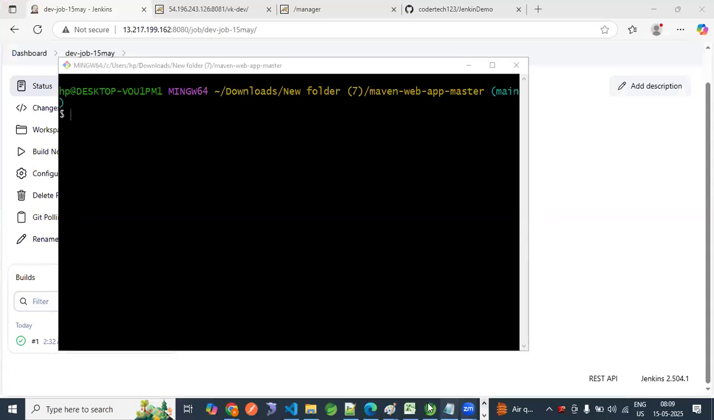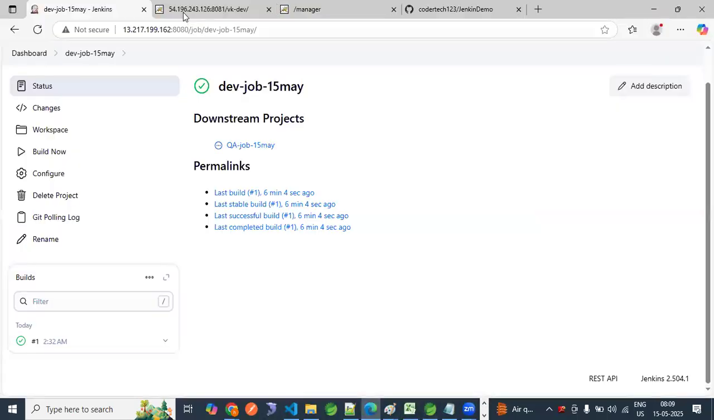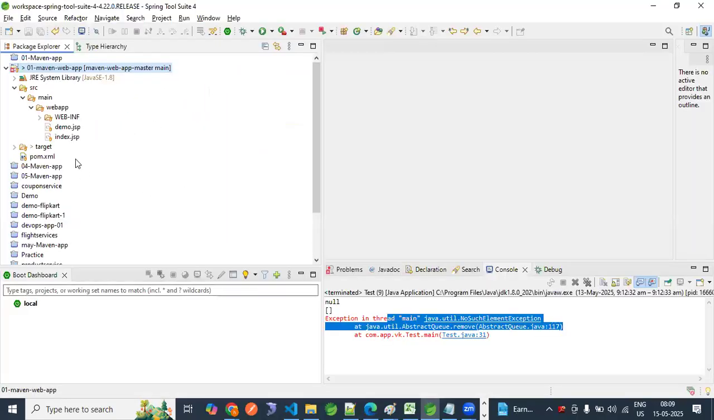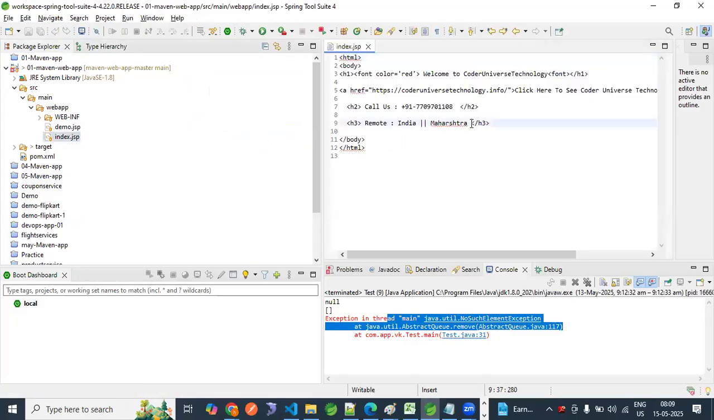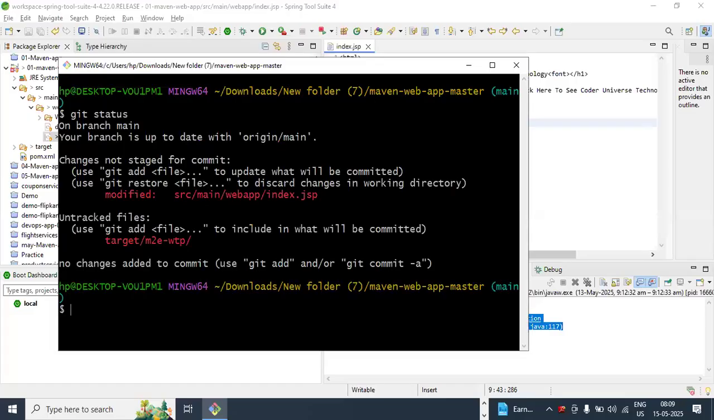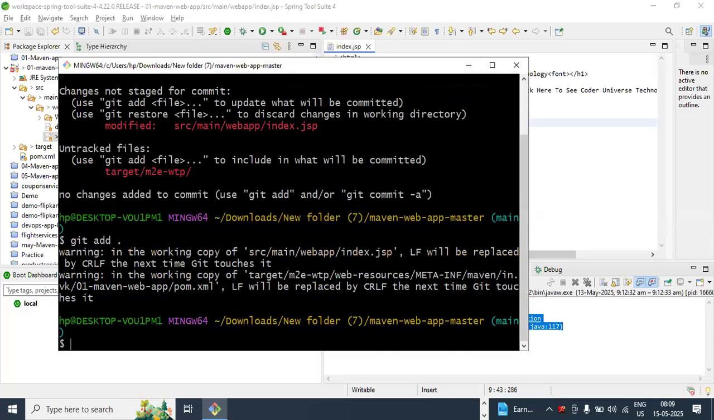Let me go to STS. Let me make some changes to our code. What is coming here? Let me add USA. I am doing some changes. I am adding USA now. Save this. Now in Git Bash, let me do git status. Okay. Now git add space dot. Okay. Now git commit